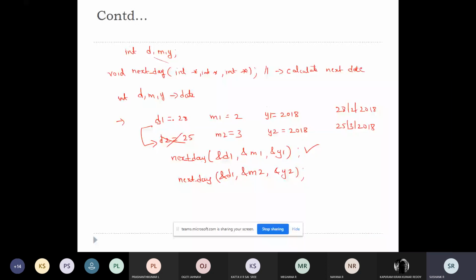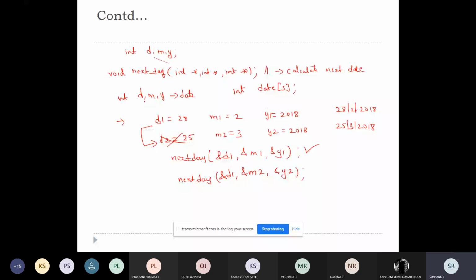And also, now what you will think is that instead of representing this as integers, you'll try to represent it in terms of an array.